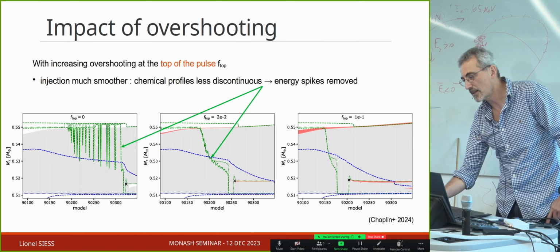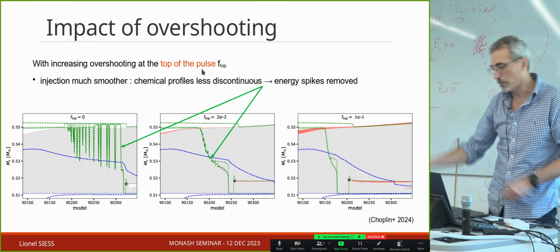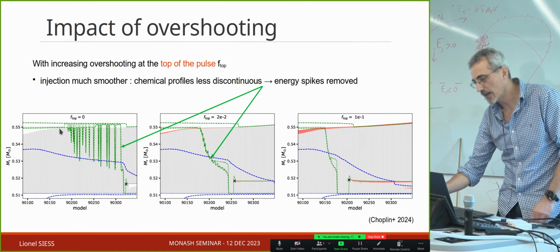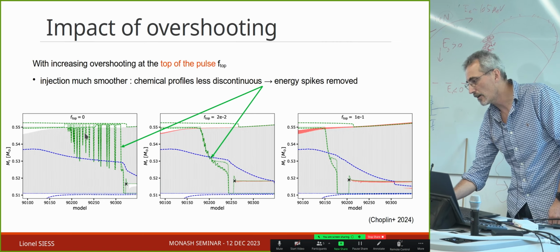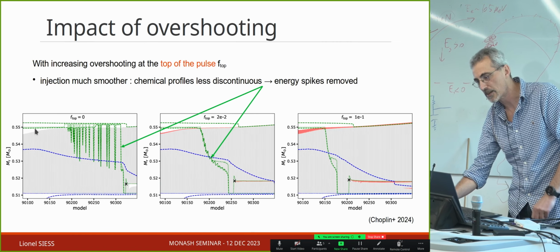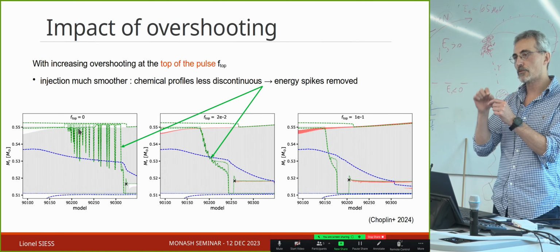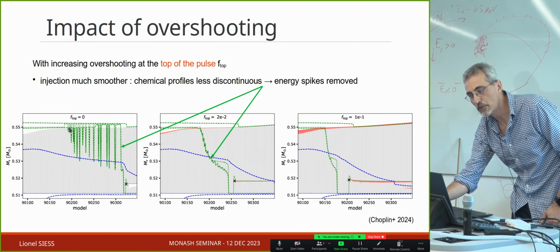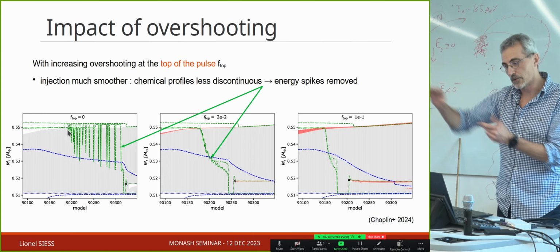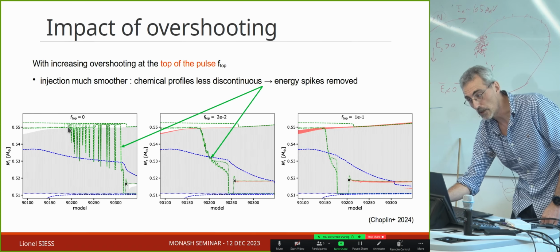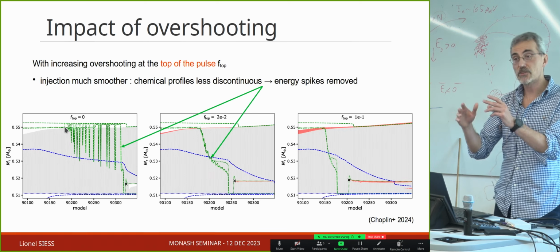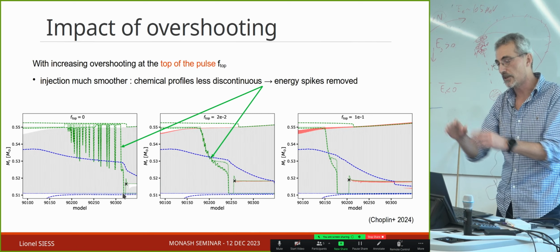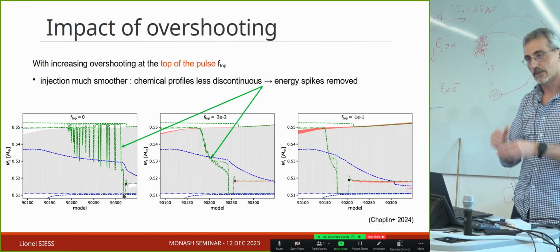The first thing is that if we include this mixing at the top of the pulse, of course the chemical profiles will be smoother. The fact is that we remove these energy spikes. I remind you that those spikes correspond to where the nuclear energy production by hydrogen burning is at its maximum. If we don't have some mixing at the top of the pulse, as soon as we inject a shell, we inject a little bit of protons, they get burned, but not enough. Progressively, because it's discrete, we add more shells. But if we smooth the profile because of that diffusion process,